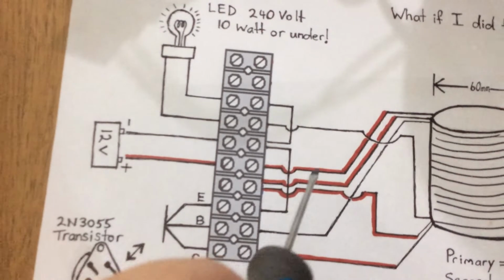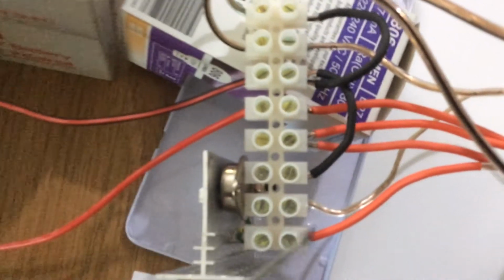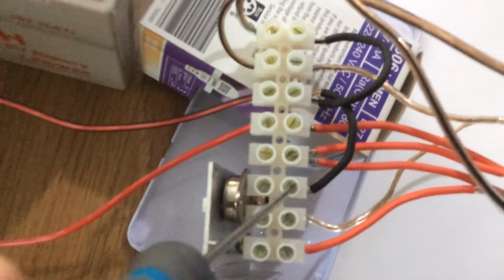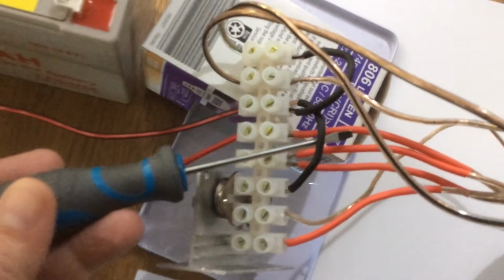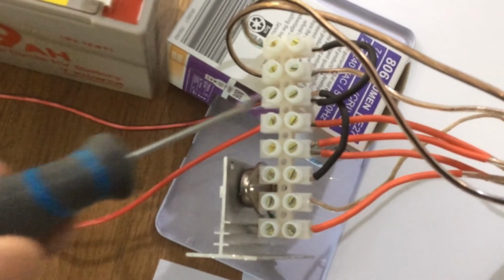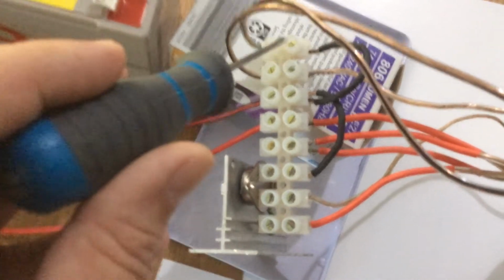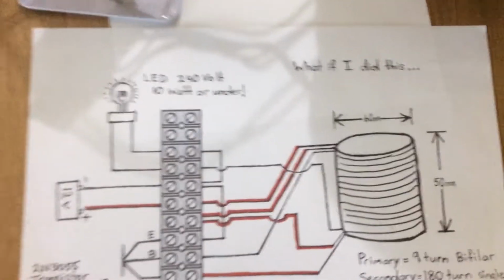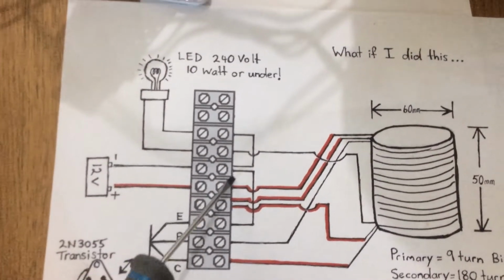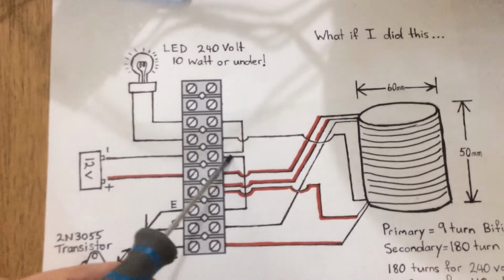Okay, so not actually connecting, not touching, that's just to signify that it passes over. In the same way here, you've got your emitter coming out. This is this black line here, and that goes to the negative side of the battery, and then that negative side is one side of your high voltage lines. So here we go again, out of the emitter across to the negative of the battery,